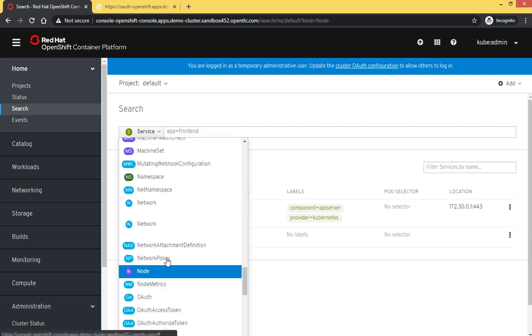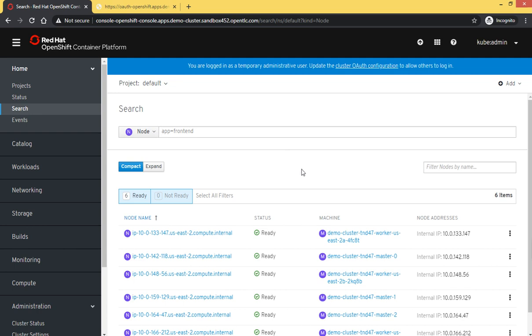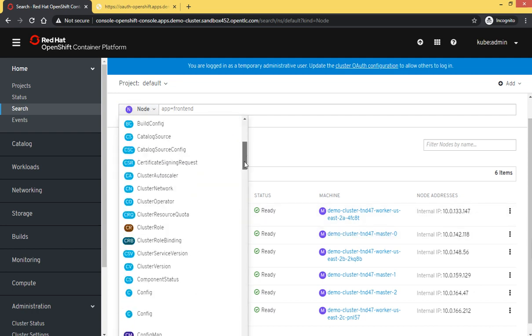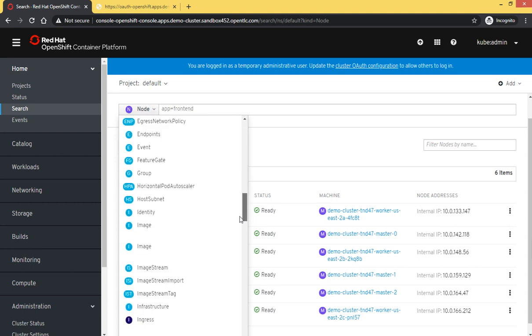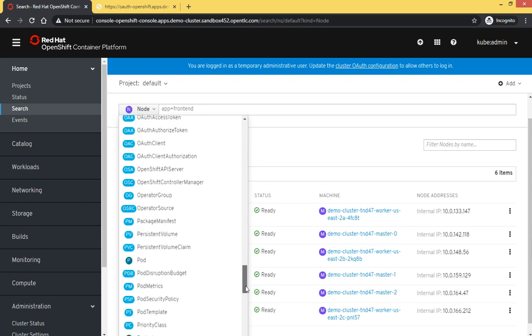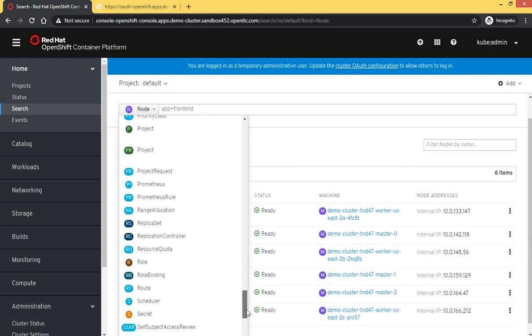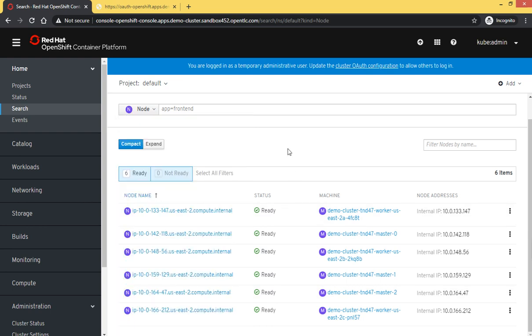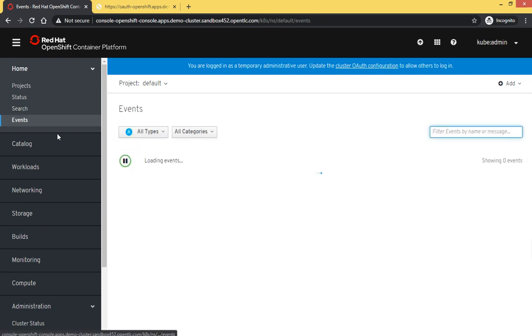If I click on node, yeah, we can see these are the nodes, right. And right now we do not have any pod and other things, so I could not check those. We have projects, right, so a lot more options are there.